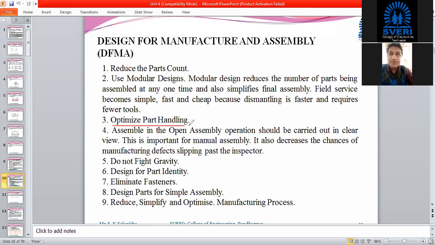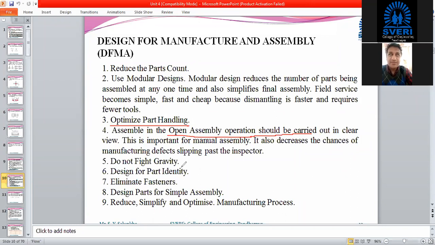Then we have to optimize the parts to be handled, which are assembled together. Open assembly operation should be carried out while this assembly is done. For that, the very best example is that you might have seen assembly lines, basically in the automobile sector, where the assembly is done on the line.